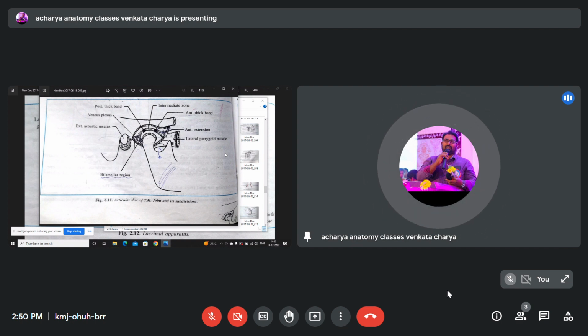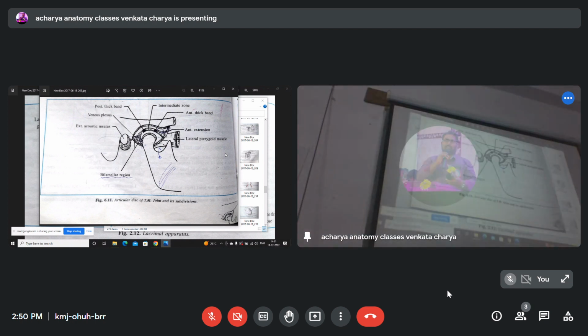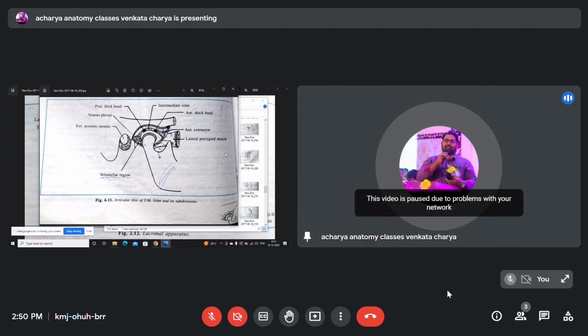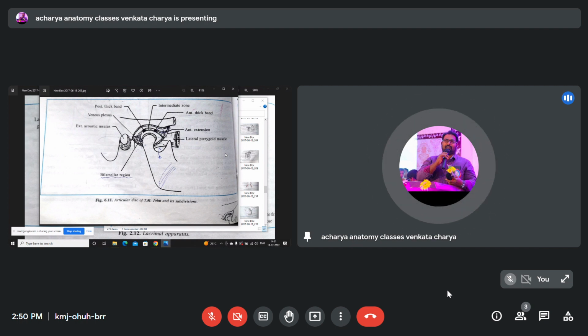It is a bicondylar type joint. It is a condylar type joint. So about the bones here, condyle of the mandible. Condyle of the mandible